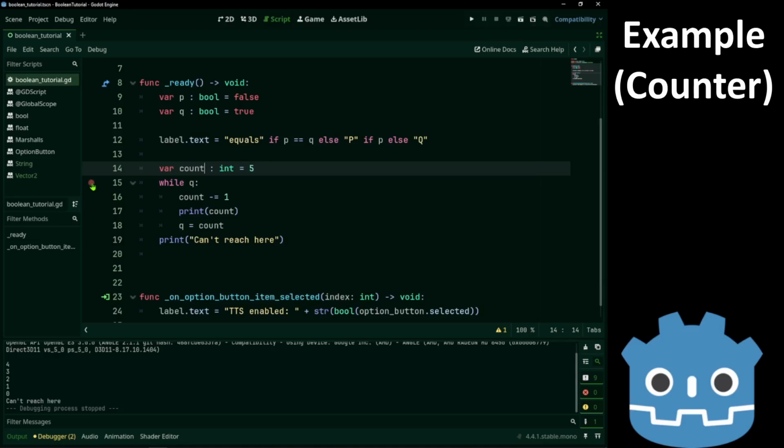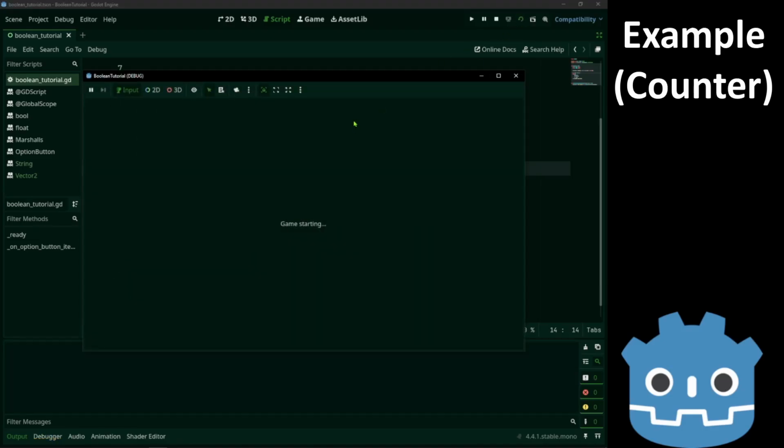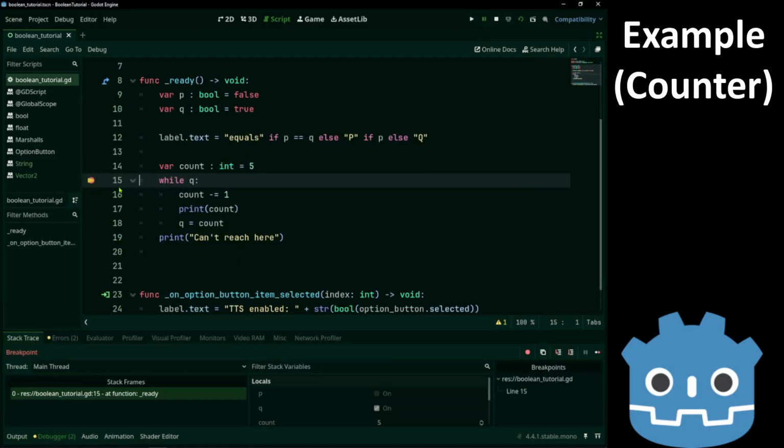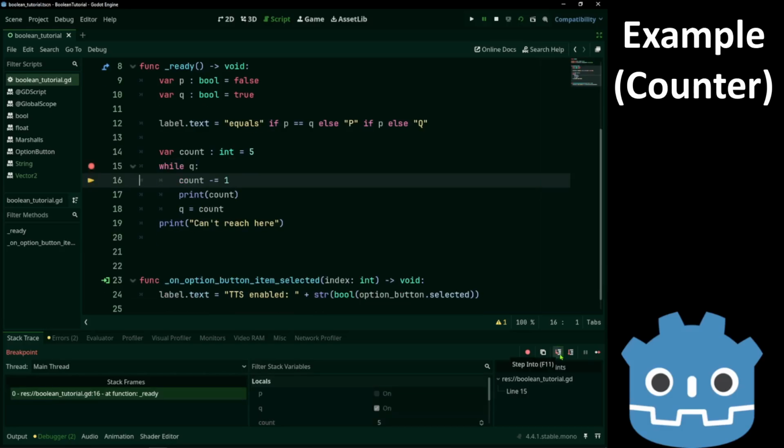Let's add a breakpoint by clicking on the side. Our execution has paused on the line we clicked. Now we have some options here. I'll just use the step into. Now we're in the loop about to decrease the counter.